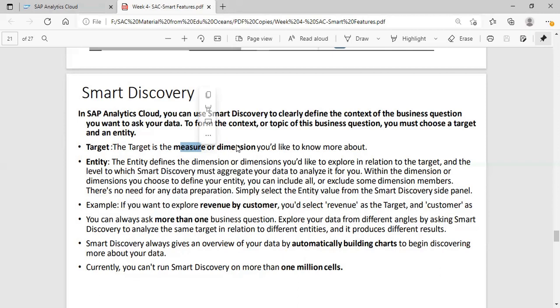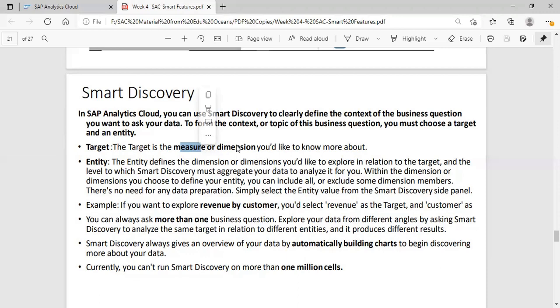An entity is the one that defines the granularity of the data, and it plays a role in the relationship between the target and the entity. You can aggregate the data in smart discovery by enabling the entity feature. Whenever you choose your entity, you can include all or you can exclude some dimensions and measures.